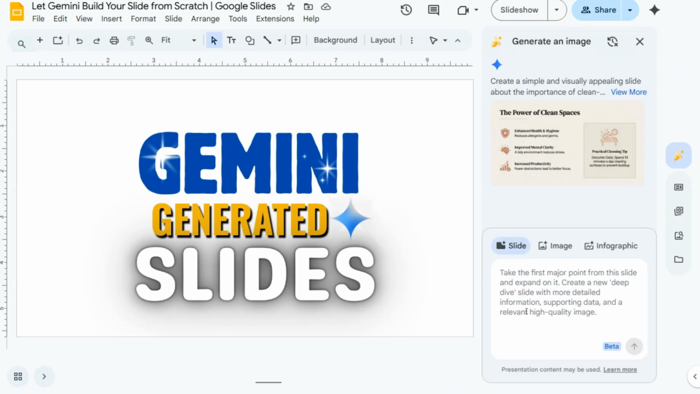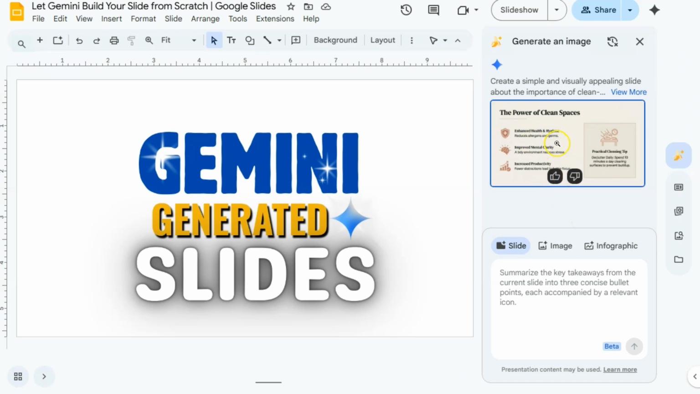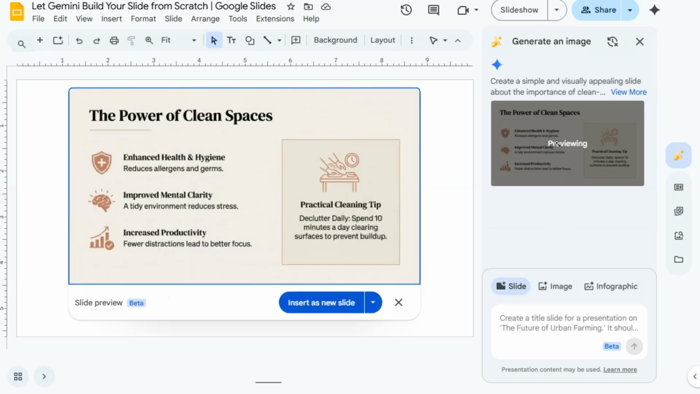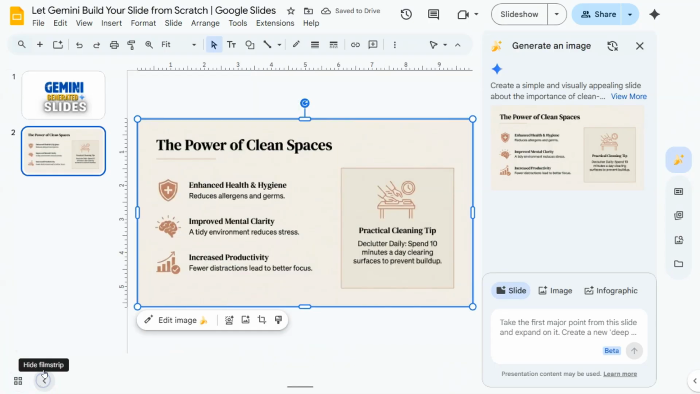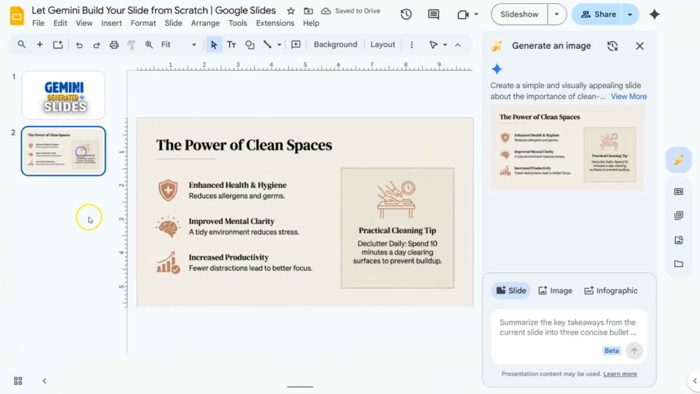And here it is. So if you want a preview of what it has created, you can just simply click on it, and here we have it. So we have those 3 key benefits of keeping our spaces clean and a practical cleaning tip. If you're satisfied with what it has created for you, you can insert this as a new slide. There we have it. So if I open my film strip right here, that's my title slide, and here is